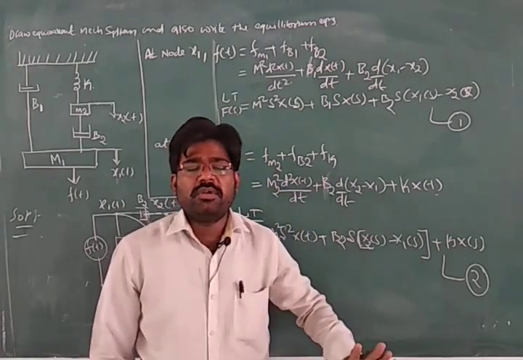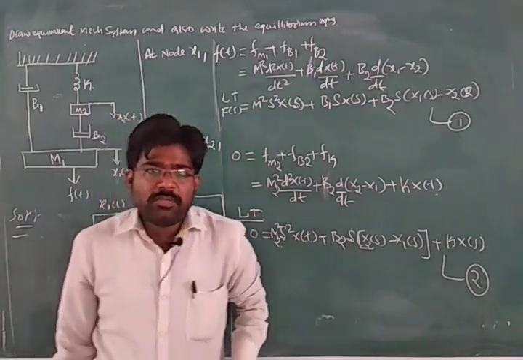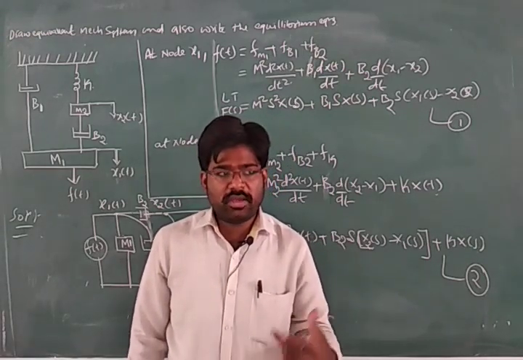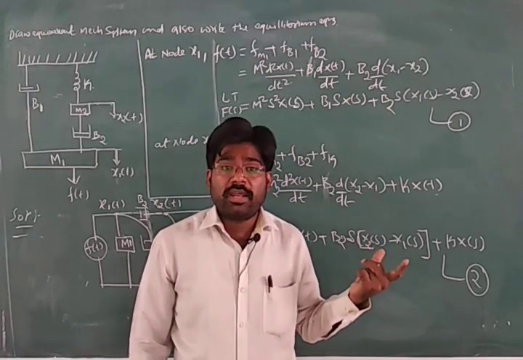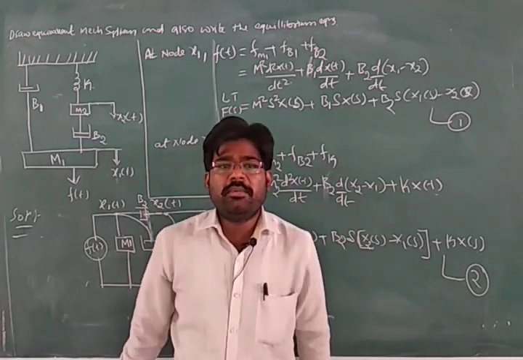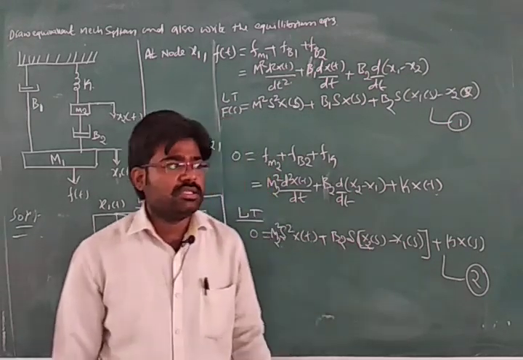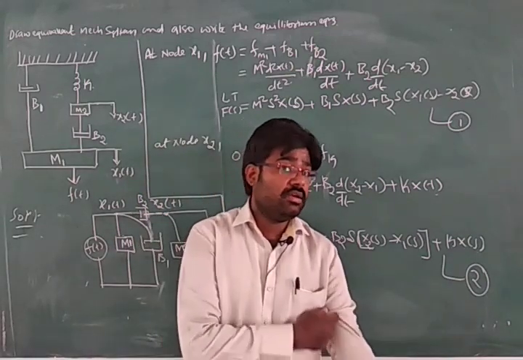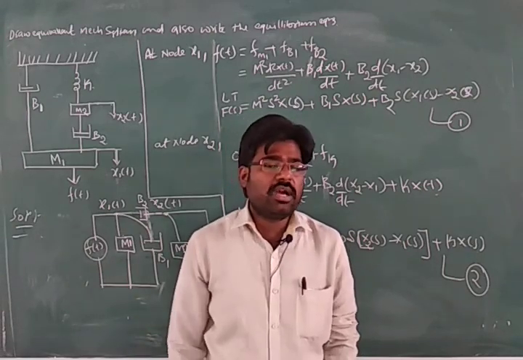So always keep in mind that we have to draw the equivalent mechanical system. To draw the equivalent mechanical system, identify how many nodes are there, depending upon how many displacements there are. Depending upon that, nodes will be selected, and the given system can be written in parallel. If you write that in parallel, that becomes your equivalent mechanical system. This is how we have to solve the problems. We should know the formulas, then only it is very easy. You have to know the formulas very well. To know the formulas, you have to understand the concepts very well.